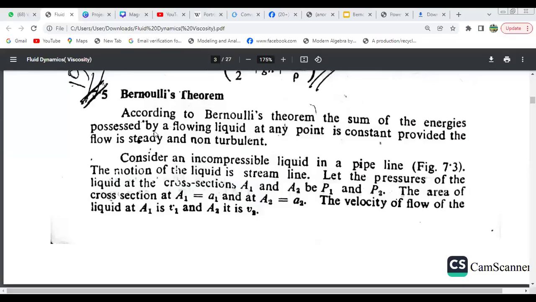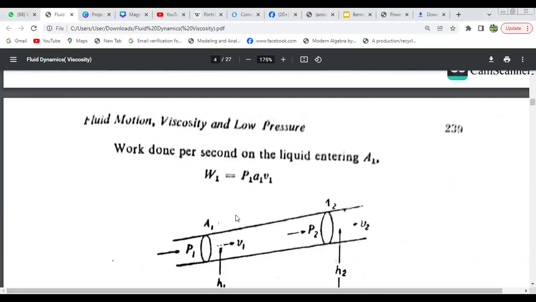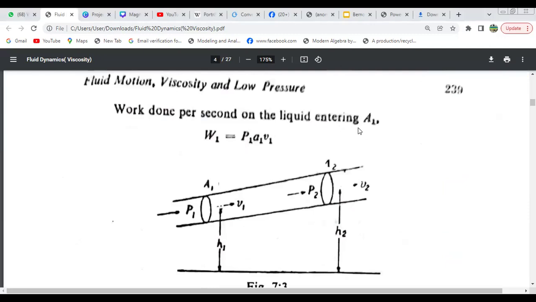Now we will try to derive Bernoulli's theorem. According to Bernoulli's theorem, the sum of the energies possessed by a flowing liquid at any point is constant, provided the flow is steady and non-turbulent. Consider an incompressible liquid like water in a pipeline. The motion of the liquid is streamlined. Let the pressures of the liquid at cross-sections A1 and A2 be P1 and P2, the areas of cross-section be A1 and A2, and the velocities of flow be V1 and V2. The work done per second on the liquid entering the first surface area A1, W1, will be